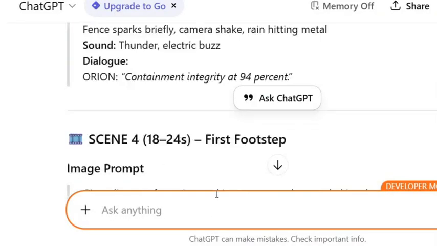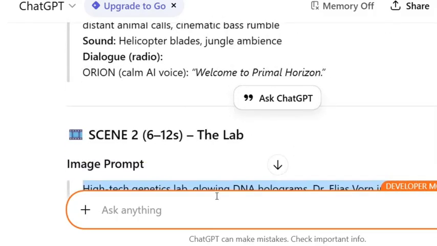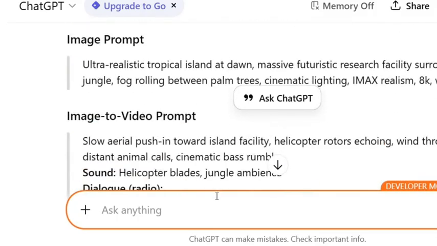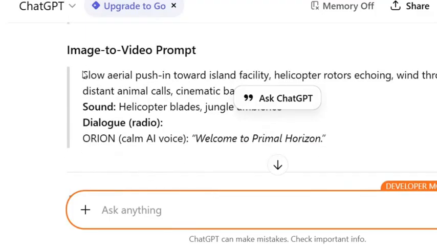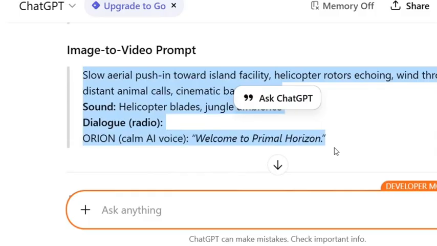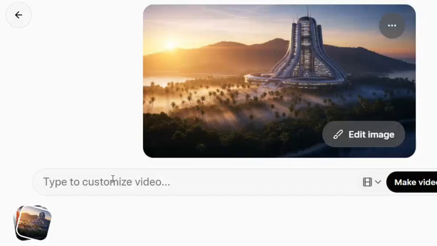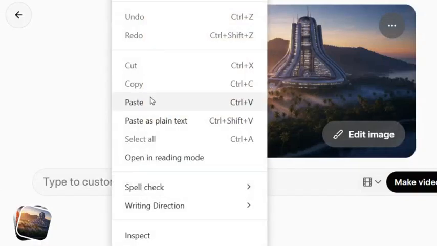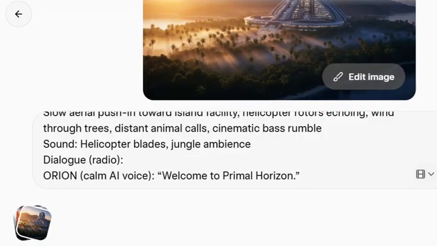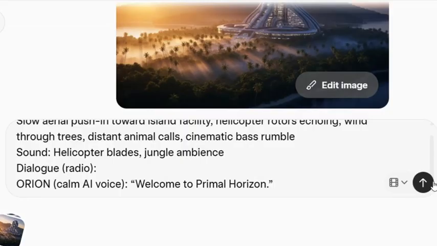This is ChatGPT. Now we come back to the first scene here. As you can see, the first scene here, this one that has this image, this is the image to video prompt for the first scene. We copy everything here like this. We click on copy, and when we click on copy, the next thing we are going to do is to head over to Group AI and we paste our prompt here. As you can see, we click on paste and we click on generate, and it will start generating your videos.